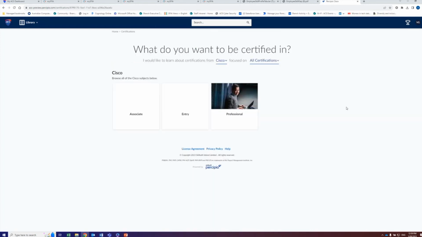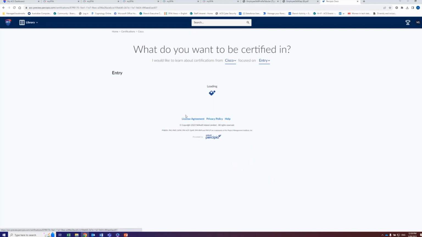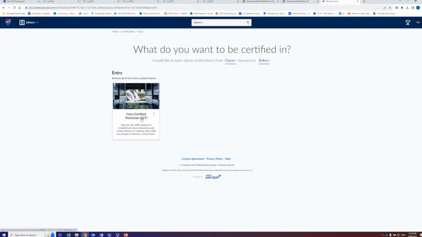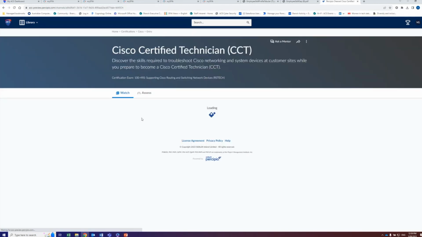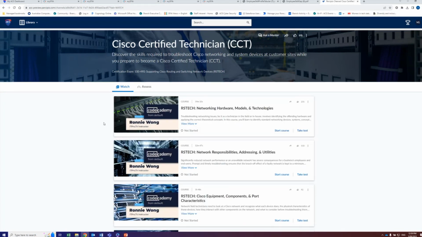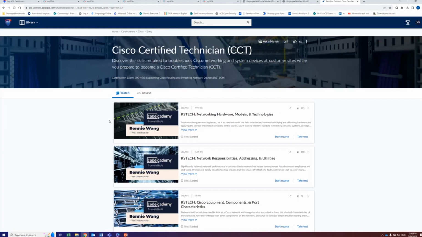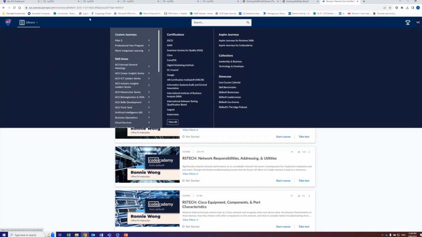If you go to Cisco, for instance, which is all about networking, it shows all the different entry levels through to professional. Again, you can just click on it to get to the course that you are interested in doing. This will show you the coursework to finish that certification. The important thing is that ACS does not do the certification exam itself, but all of the coursework is there.